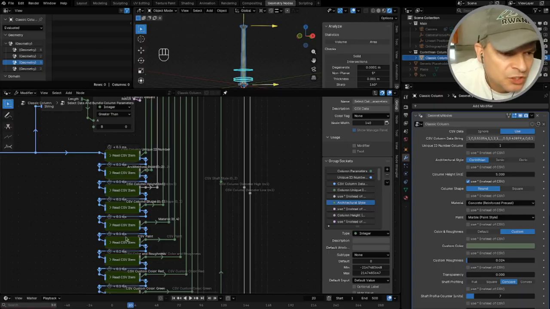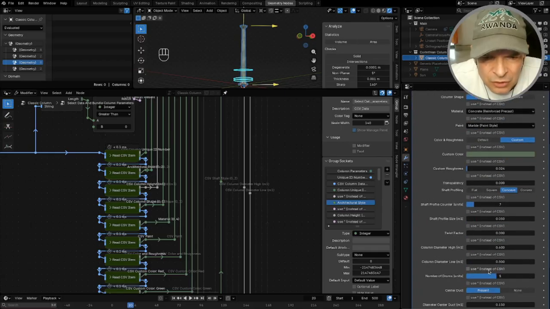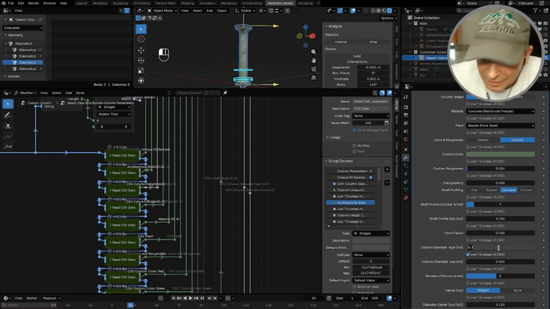But when you want to change the column based on the entire recipe that you have, then you can say, okay, I want to leave everything the same, but I just want to change the height, and perhaps I want to say, okay, the top of the column shouldn't be 0.6, but should be 0.7, something like this, and I want to change that. So then you can see it changes here. So those are the things that you can do, and you can see it uses now the CSV data,